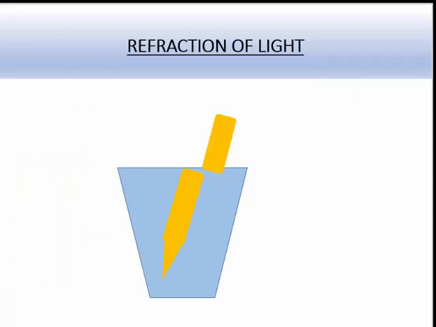Now let's talk about refraction of light. We did discuss in the initial introduction of the chapter that light undergoes reflection, refraction and diffraction. So out of this, we will now take up refraction of light. Now if you take a tumbler, fill that tumbler with water and put a pencil in the tumbler, you will see that the pencil will look tilted. If you look from outside, it will look tilted to you as if it is broken from the middle.